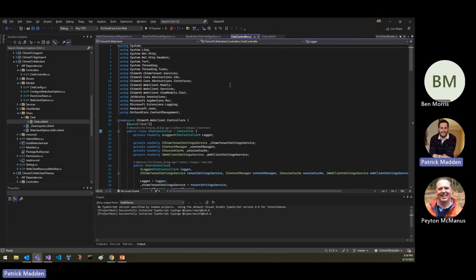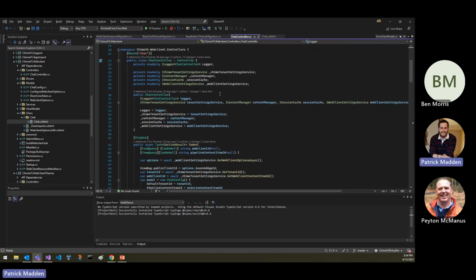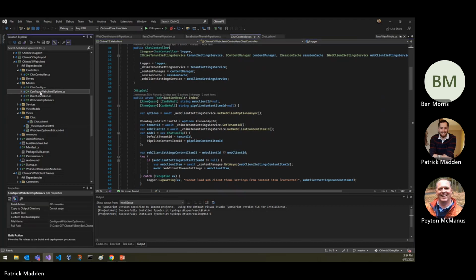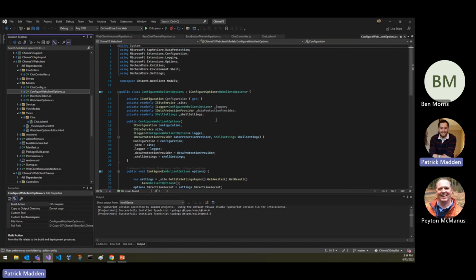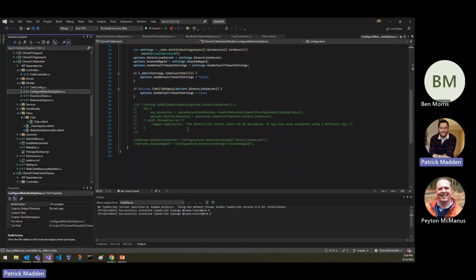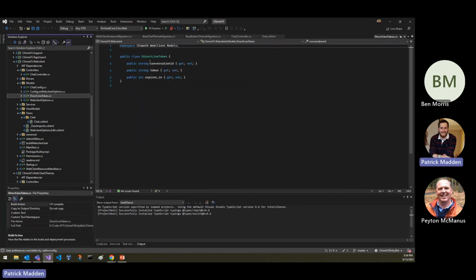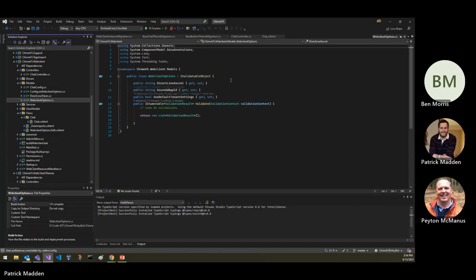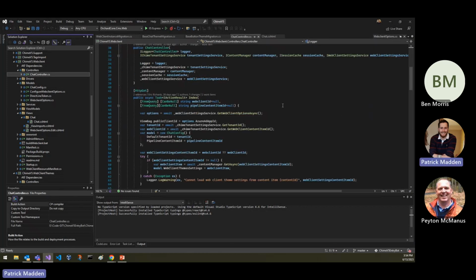Let's see. So for the web client, we have a controller, and within that we can configure some of the web client options through these models. Grab that direct line token and some of the web client options that we have, basically to get a connection set up with Bot Framework and initiate a chat session. Once we do so,